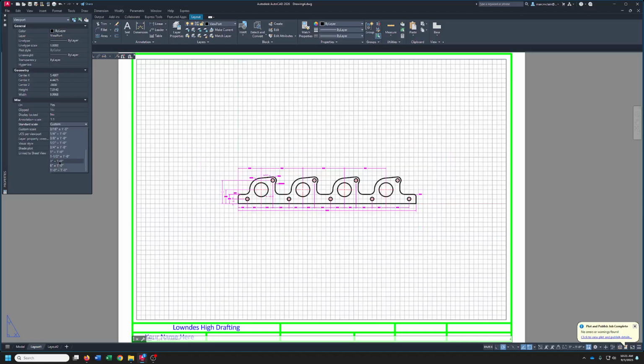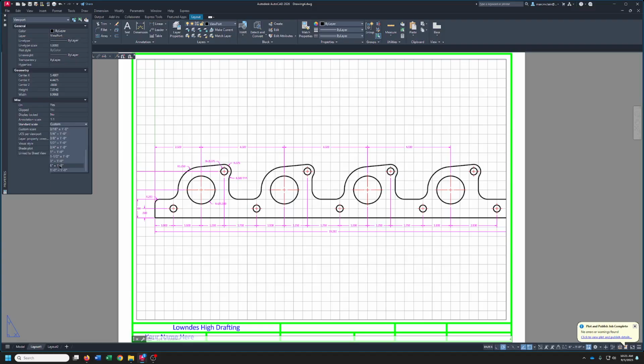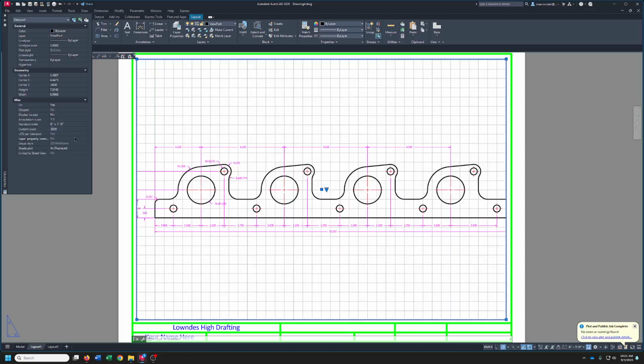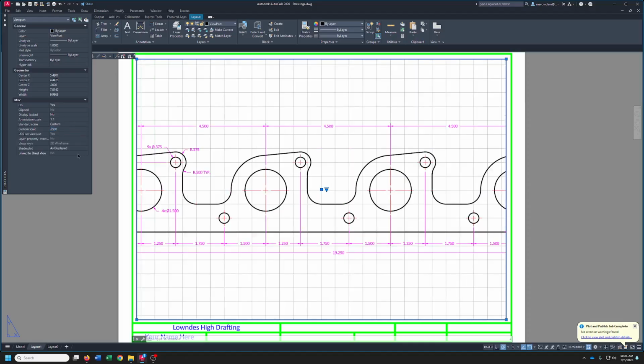So, ooh, that's way too small. So, here's what I'm going to do. All right. So, 0.5. Okay. 0.75. Let's go smaller. All right, 3/4, 1/2, 1/4,